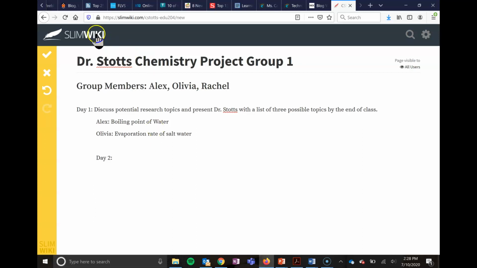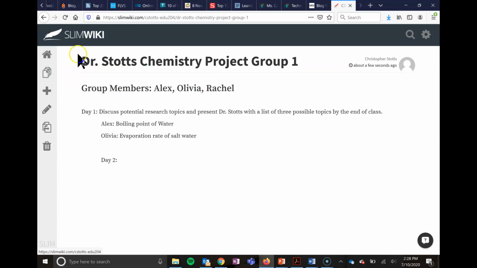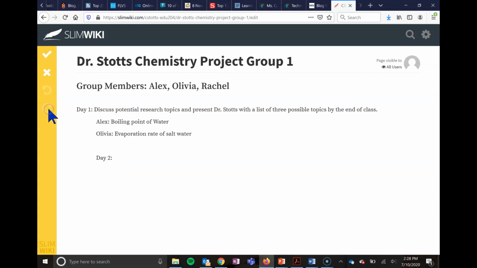Now, with this Slim Wiki website, here is the big disclaimer. Once you enter some information, you have got to come up here and click this check mark. Okay, that check mark saves the editing that you did within that page. Okay, so there's that page, and let's say that I wanted to go back in there and edit some more. I'm just going to come up here and hit the little pencil and come back in there on day 2,